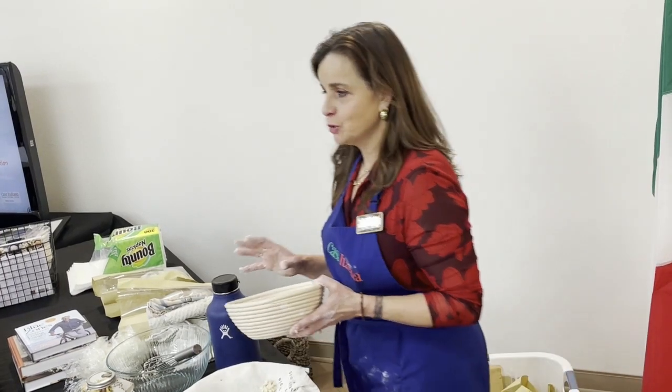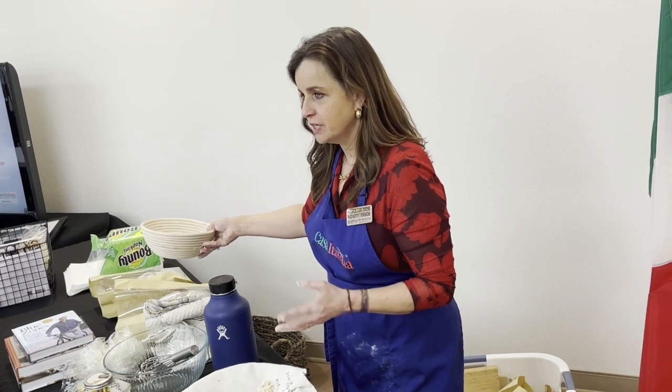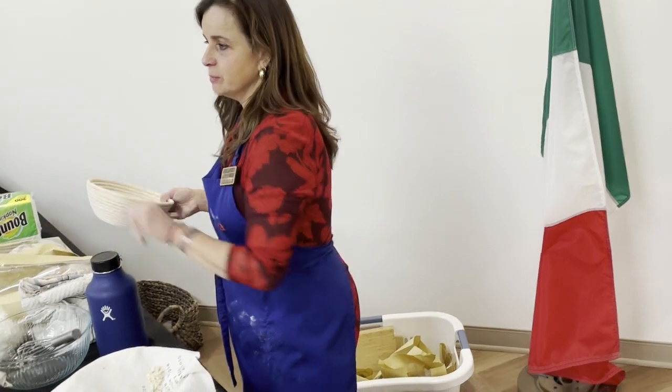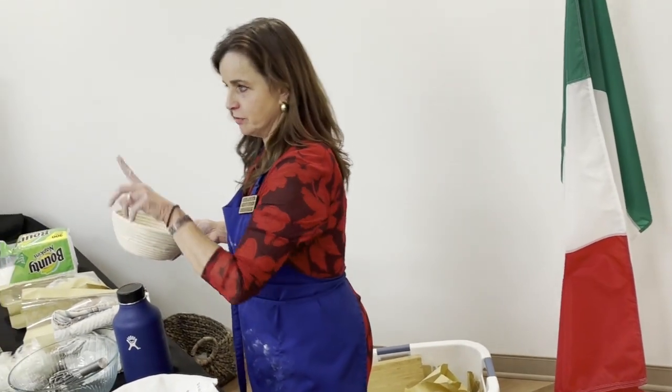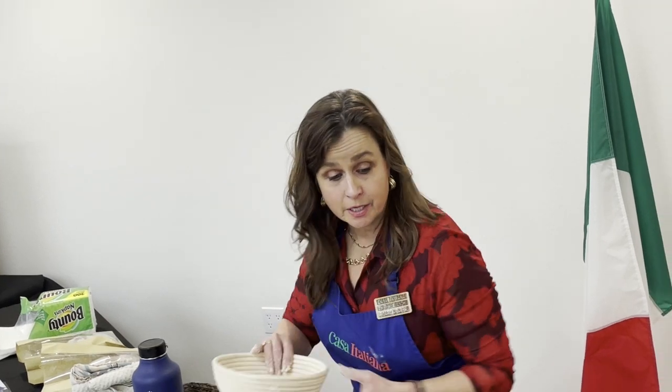If I have to go to the store or I get interrupted, I can always take this and put it in the fridge. Because as soon as I put it in the fridge, it's going to stop the process. It's going to go dormant. So we're going to talk a little bit about that because people like to travel. So we've got to talk about what to do with it when you go out of town. So anyways, from that, then I'm going to, after half an hour,